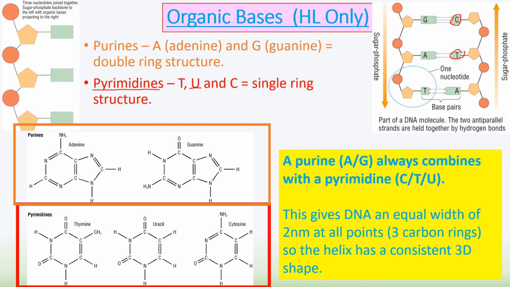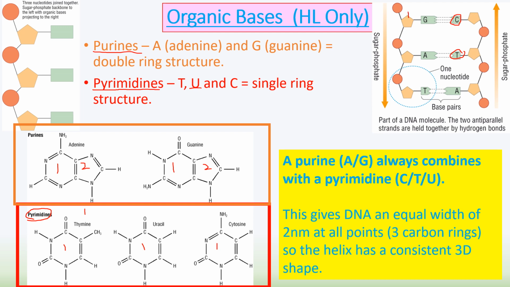And pyrimidines are smaller, they have a 1 carbon ring structure. Okay, so they've only got 1 carbon ring, one there, one there, one there. Whereas A and G are purines, and they have 2 carbon rings all the time that make their structure bigger. So if you look at that and go back to what I said a few minutes ago about the width